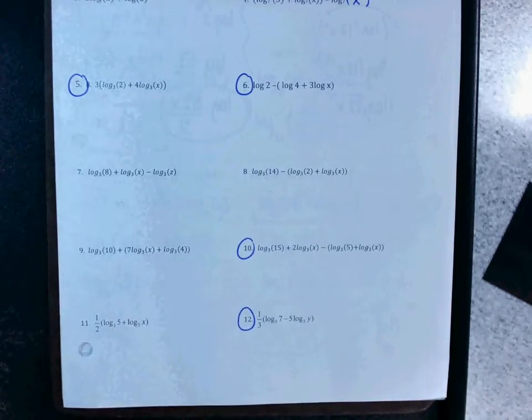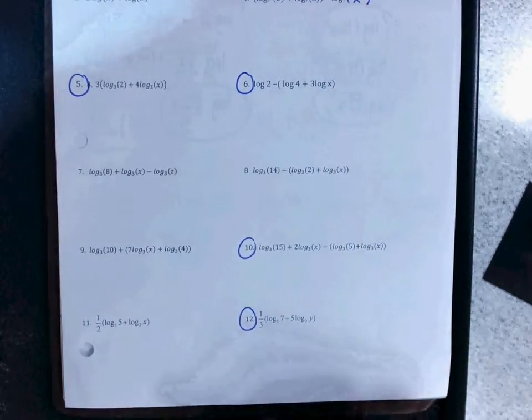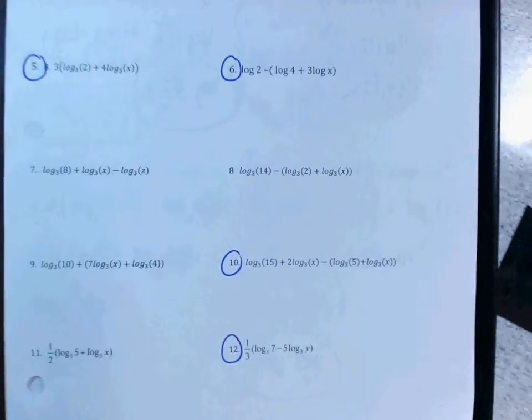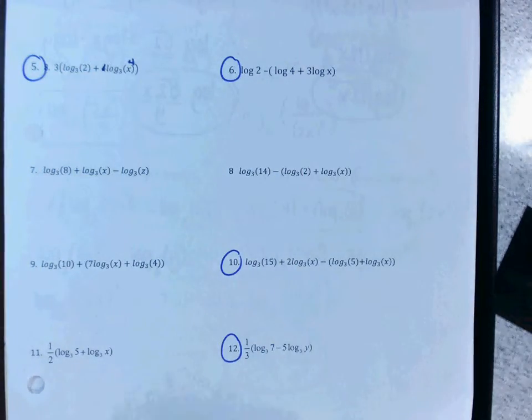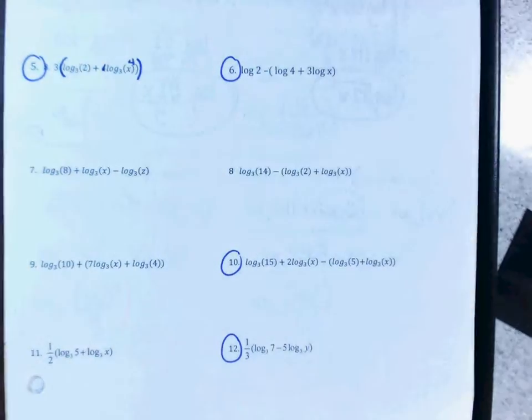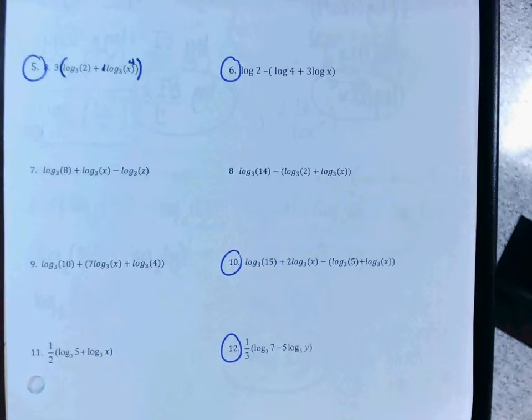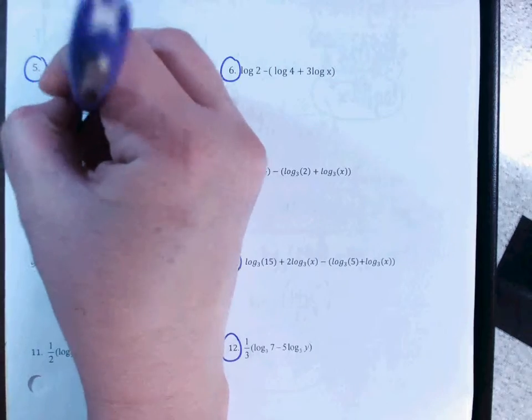Okay, let's just check number 5. Most of y'all seem to be getting it, which is great. The first thing that you should have done is moved this 4. And then the second thing that you should have done is these parentheses. Okay, so if I have log of 2 plus log of x to the 4, that's going to be log of